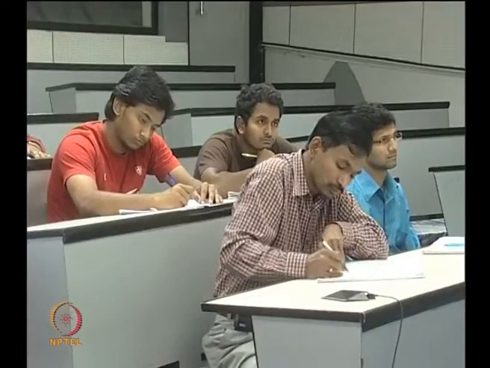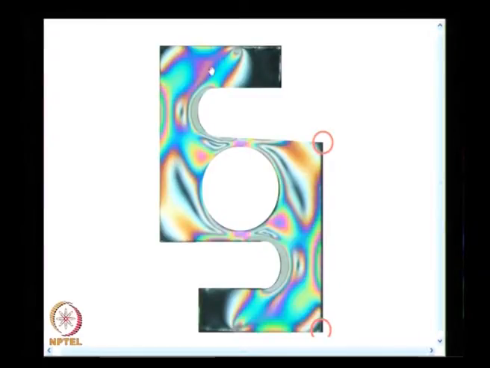So, fringe ordering becomes extremely complex, and I have a nice color code, and you all know, if I have a blue red transition, what is the fringe order here? What is the fringe order here? This is fringe order 1. I have 0, I have 1, because this is a source. So, fringe order increases in this direction, and if you look at here, the fringe order also increases in this direction. So, this is how you find out how to label the fringes.